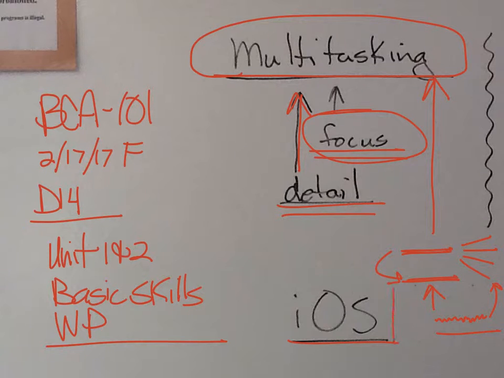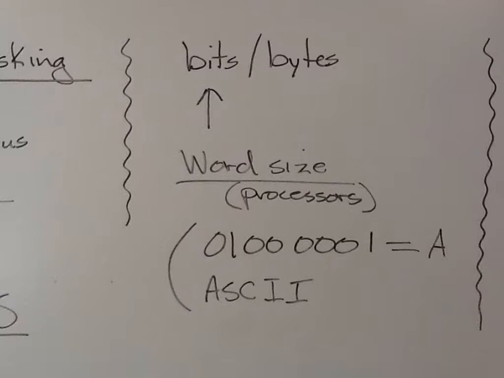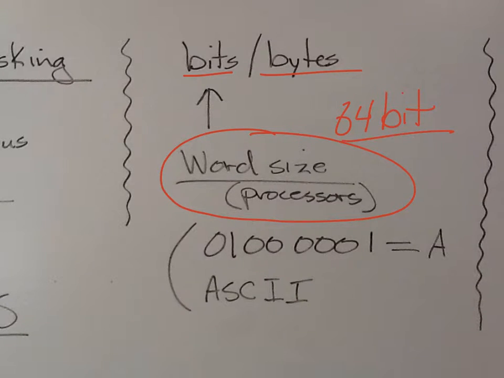A student referenced a separate issue, Apple iOS, small i. The student wondered why we need to know about bits and bytes. Well, in this unit we talk about word size of processors. Most of them should be 64-bit. And we'll talk more and more about storage and the amount of bytes, so how much data are we moving and how fast are we moving the bits. So we will use bits per second and bytes for storage.